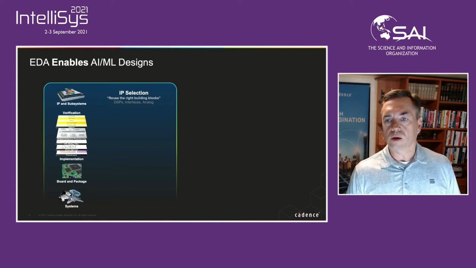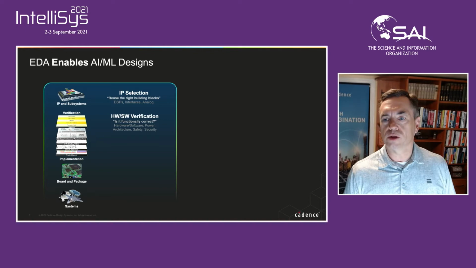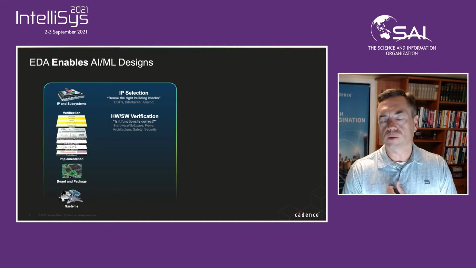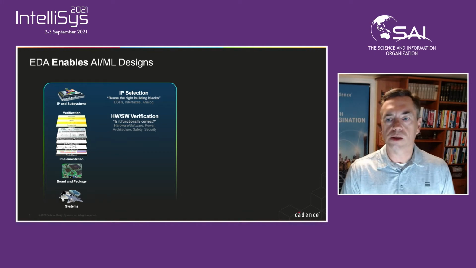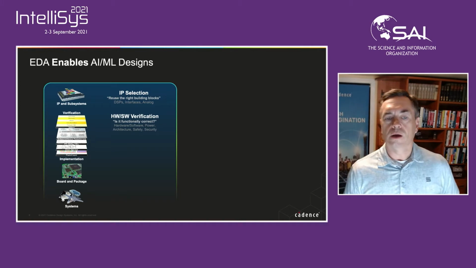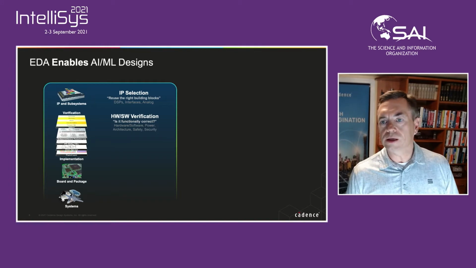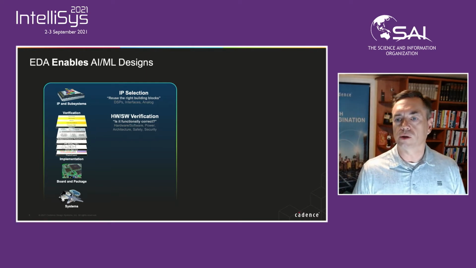So how does EDA do this? What is the environment we play in here? Well, there is really this flow from building blocks all the way to system integration, where you select building blocks. So one of the building blocks you might think of and know of are things like the ARM processor cores. ARM is the biggest IP provider out there for semiconductor IP out of Cambridge, UK. Cadence, for instance, is providing building block IP for interfaces like PCI Express. We also have a digital signal processing core environment called Tensilica.